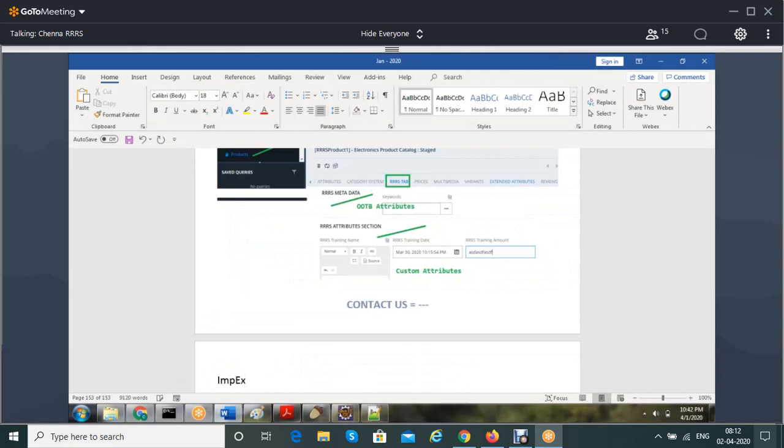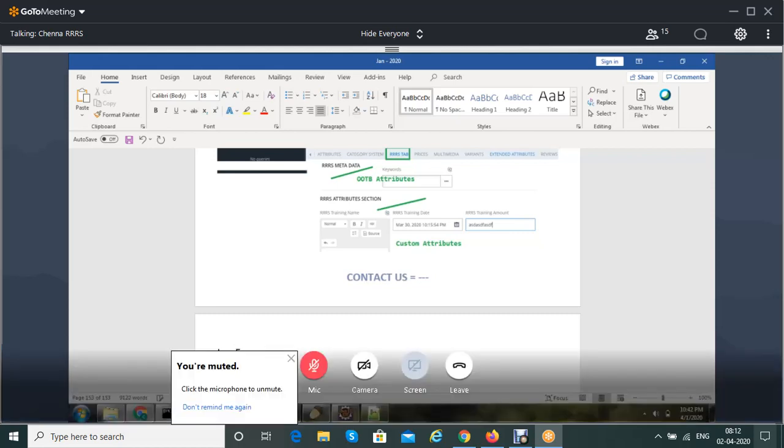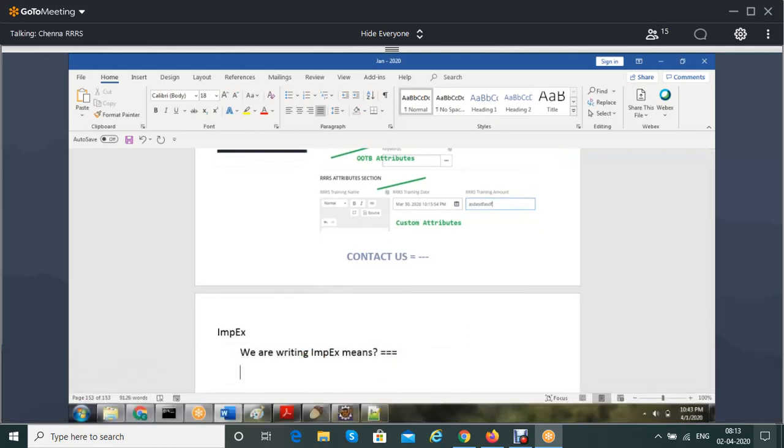Now let's move on to the impexes. Yesterday also I highlighted, right? When we are writing an impex, what does it mean? We are modifying the data.